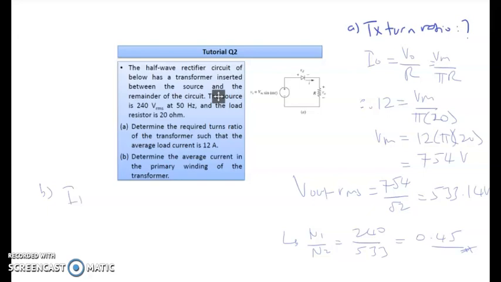Okay, determine the average current in the primary winding of the transformer. What is the value of I1? So in terms of power conversion, ideally Pin is equal to Pout. P equal to V times I, or the amount of current times the amount of winding. So I1 N1 equal to I2 N2. So you rearrange I1 on one side and the others on the other side. So we have the amount of current in the secondary winding of 12 ampere,